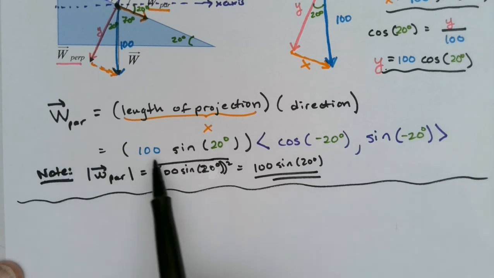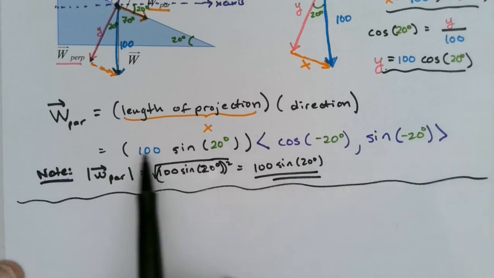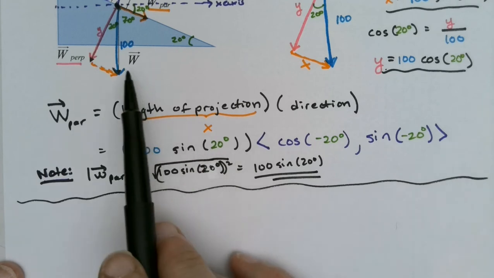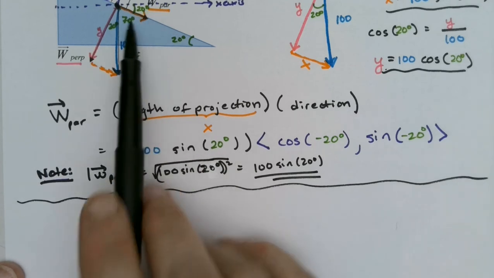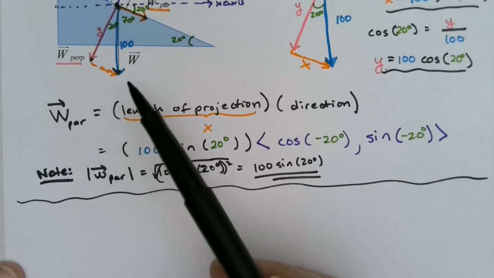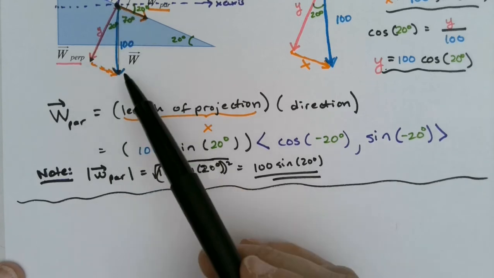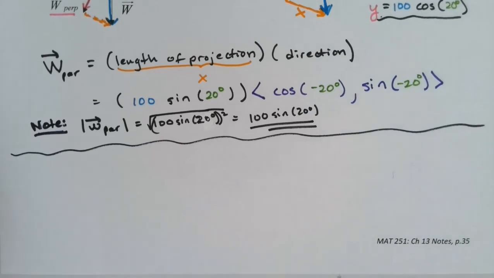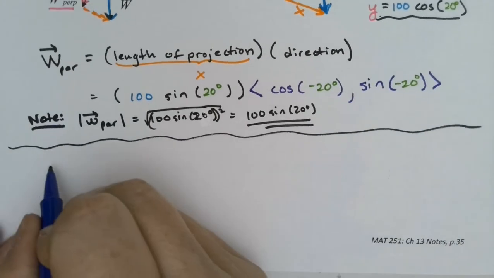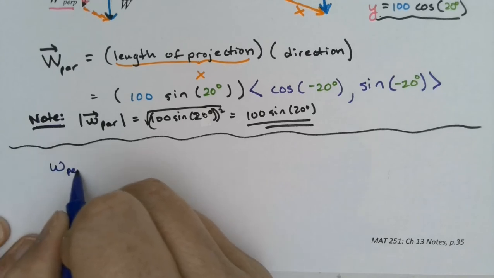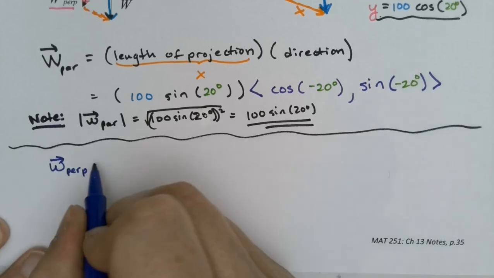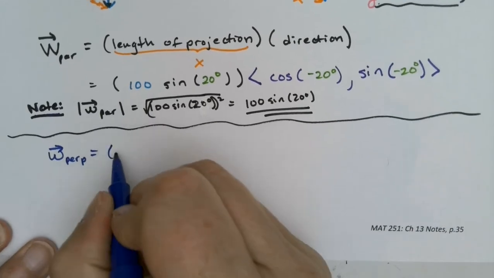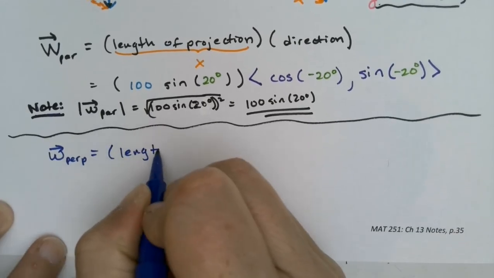We found the parallel vector. It's right here. Or excuse me, the parallel component of the weight vector, the shadow cast by the weight vector back onto that parallel vector. Now we're going to cast the shadow the other direction. So we're going to take the weight vector here and cast its shadow back onto the perpendicular vector. But of course it's going to work extremely similarly. So the perpendicular component of the weight vector would be the length of the projection